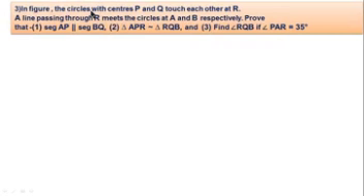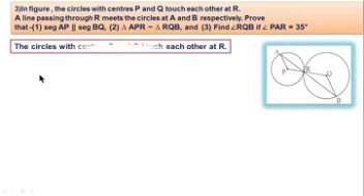In the figure, the circles with centers P and Q touch each other at R. A line passing through R meets the circles at A and B respectively. Prove that first, segment AP is parallel to segment BQ. Second, triangle APR is similar to triangle RQB. And third, find the measure of angle RQB if angle PAR is equal to 35 degrees. See this figure. Solution. The circles with centers P and Q touch each other at R